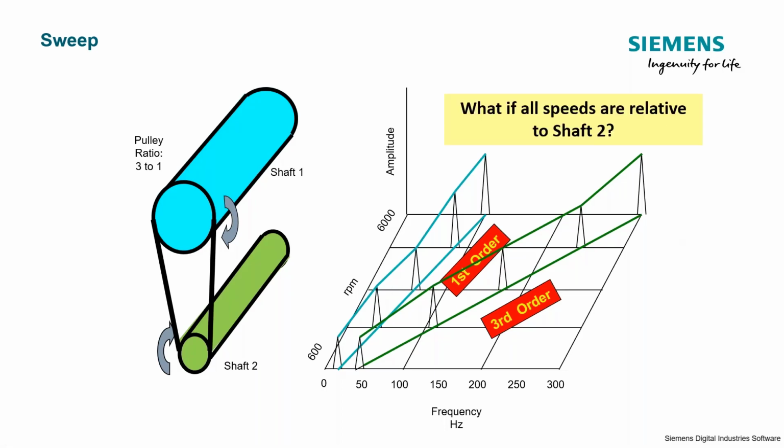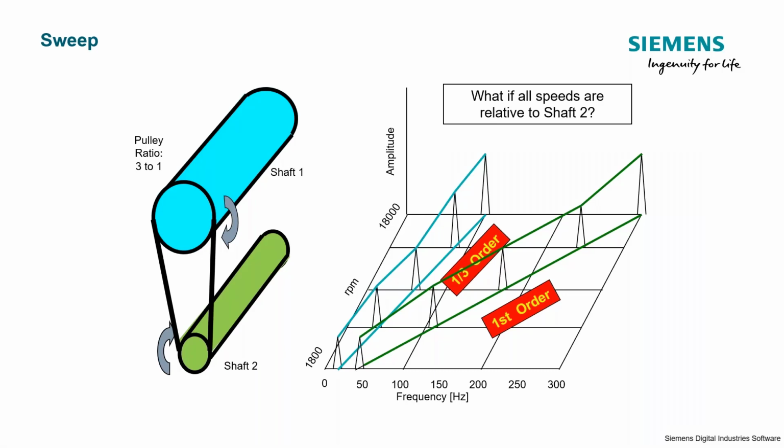Now, if we moved our tachometer over to shaft 2, so now all speeds will be relative to shaft 2, this is going to change the way that we're looking at this information. All these RPM values would now be referenced to shaft 2, and for every 1 rotation of shaft 2, we'd get 1/3 of a rotation of shaft 1. We already said that the reference shaft where the speed is measured would be our first order, so this third order would switch to our first order. And because we're only getting 1/3 of a rotation per 1 full rotation of our reference, we get 1/3 order as that order to the left. And again, that's if we made the reference speed shaft 2.